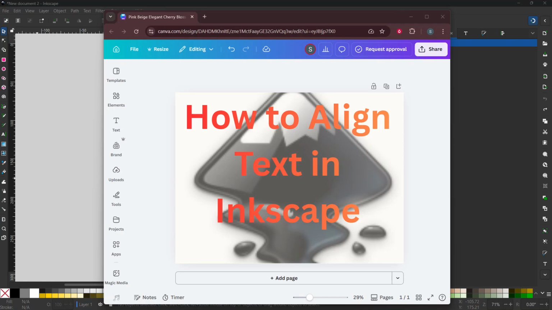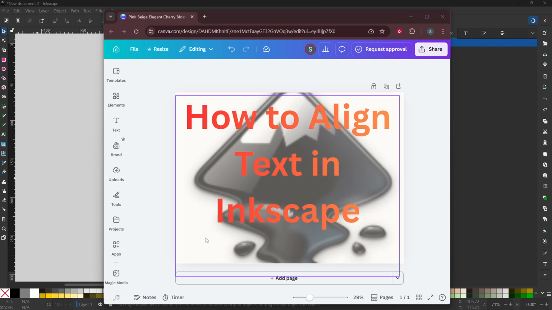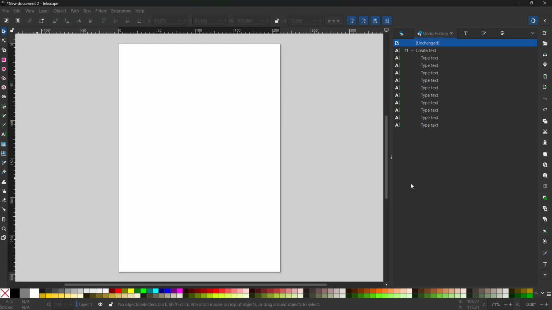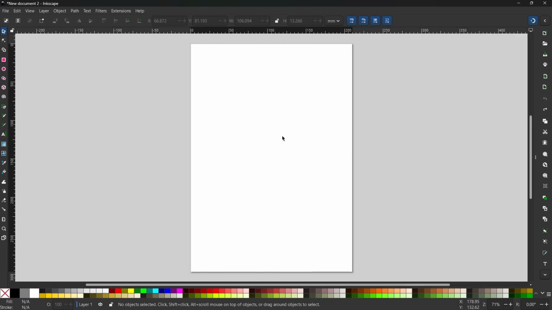In today's video, I'm going to teach you how to align text in Inkscape. By the end, you'll know exactly how to control the way your words sit inside a text box, whether you're building a clean label, a bold headline, or a tidy paragraph. Alignment is all about where the text lines up inside its own space, and getting it right makes your design